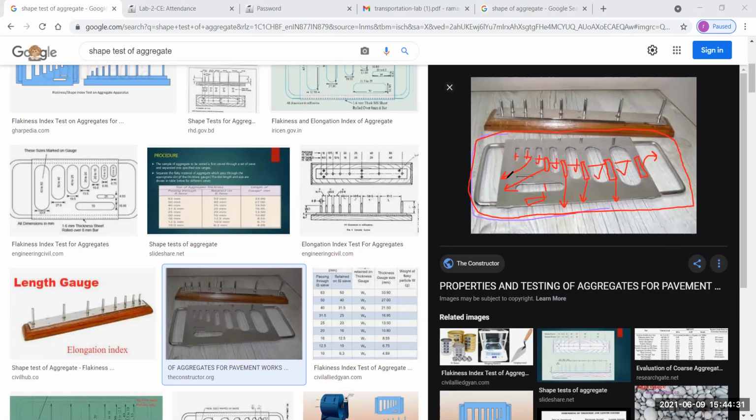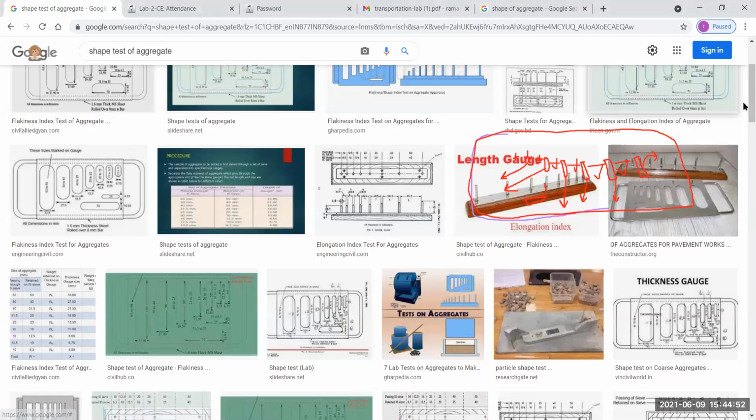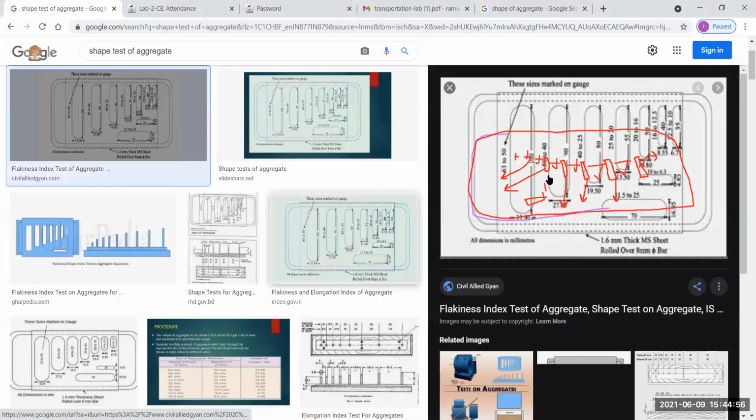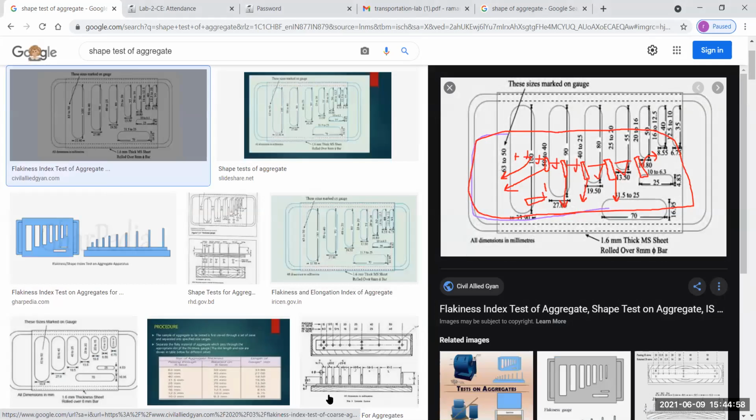So basically we have to take that slot for those aggregate pieces which is given for that opening. You observe here, I take another figure where everything is clear. So here you all see, I think it is clear from this figure.